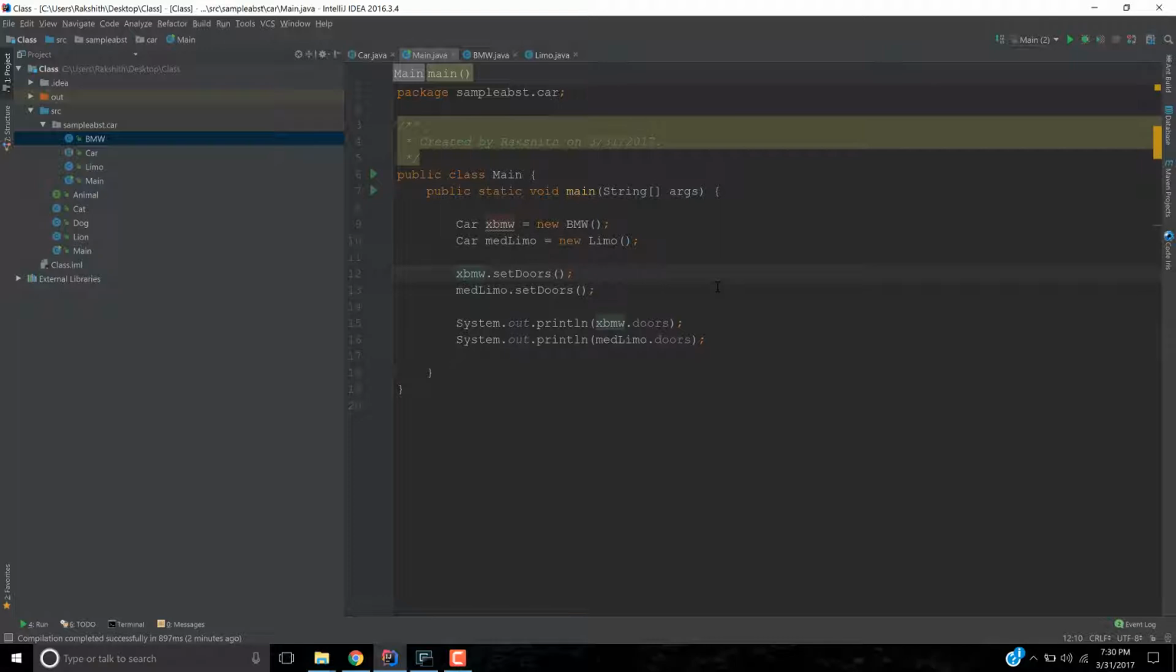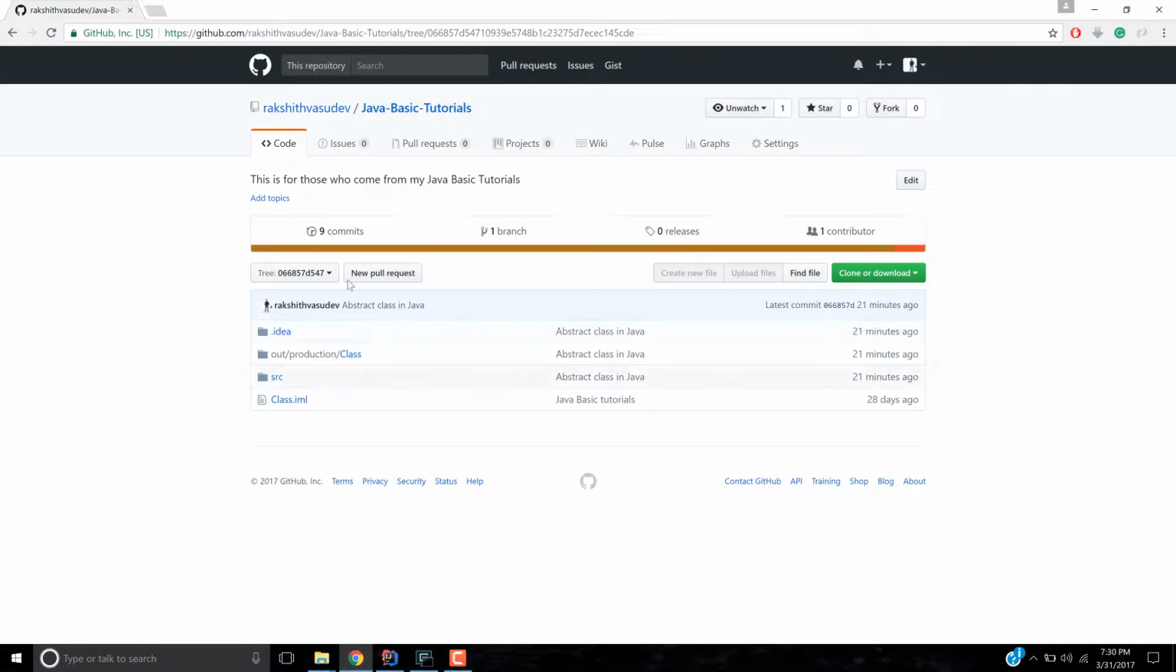Basically, polymorphism is a way in which one class can have different forms. You know what I mean? Like, car is a class that is having a BMW form. Car is another class that's having a limo form. So if we look at it in Google,